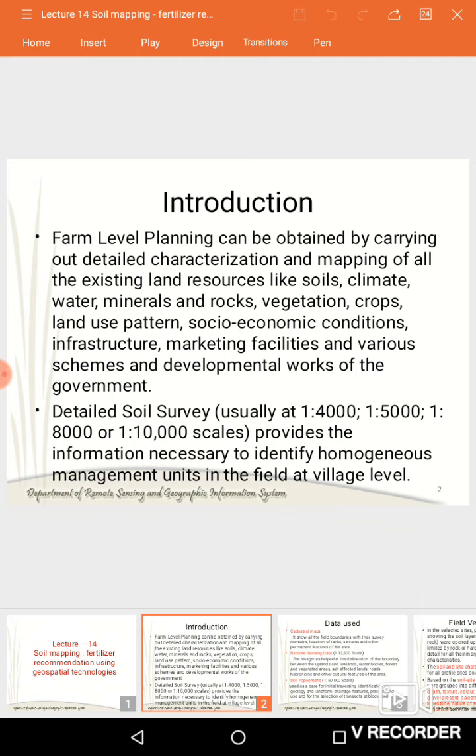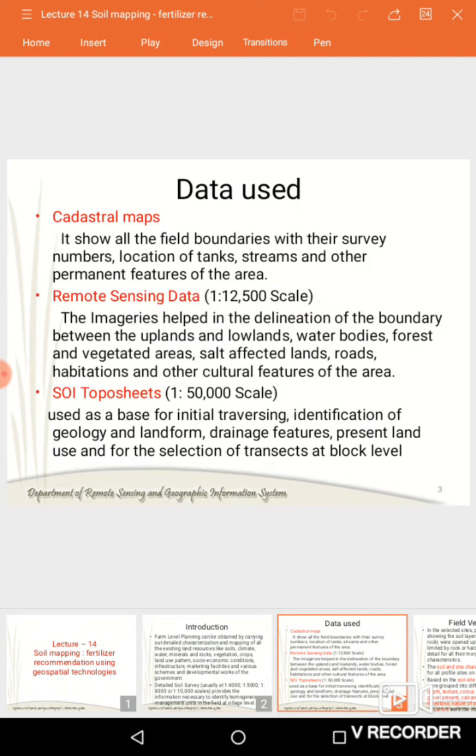For that we have to do soil survey, means detailed survey to identify the homogeneous mapping units in the field at village level. And next thing is we have to collect the data by using remote sensing by detailed survey that is carried out by using cadastral maps as surveys, because it shows all the field boundaries with the survey number, locations like tanks, streams, and the other permanent features of a particular area.